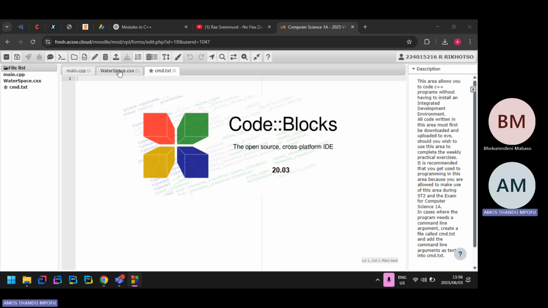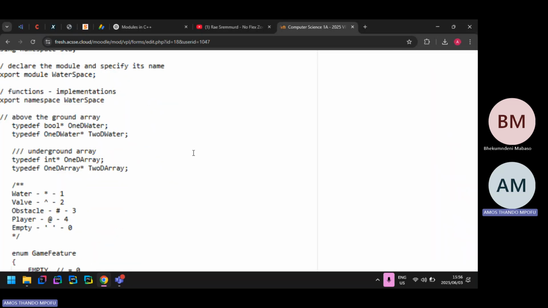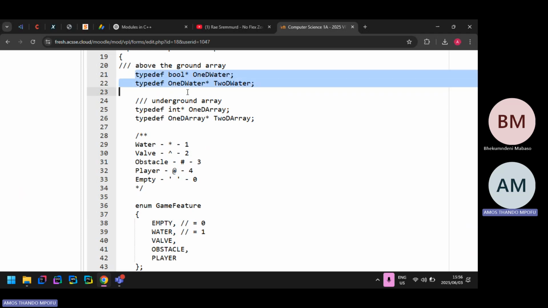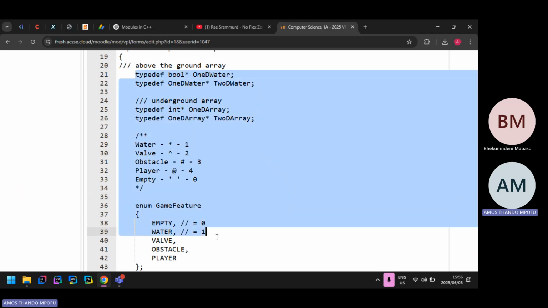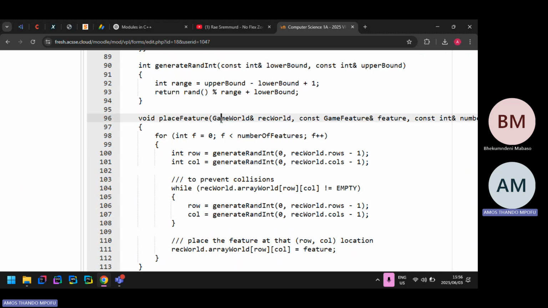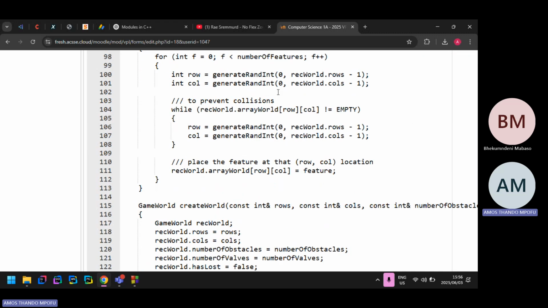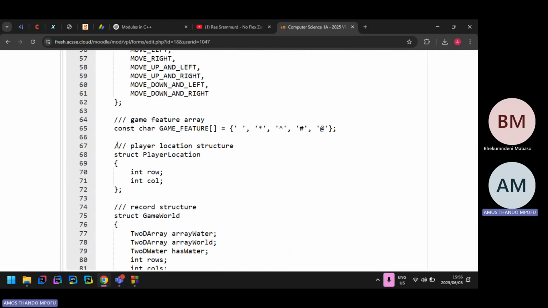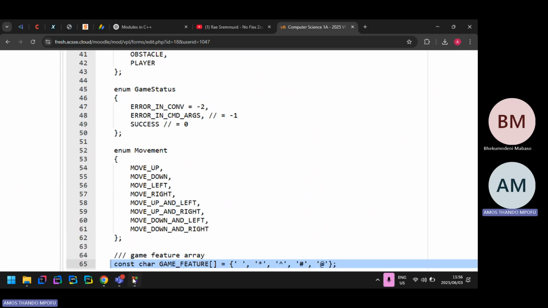So yeah, while that loads, let me explain something. Another error that I realize is that I didn't include typedef, the declaration of the enums and stuff. And then all of a sudden I'm passing game mode here, so it didn't know what that was. Game mode, the enums, constants, the array, all of these, I've now added them. So you had to also go to the header file.